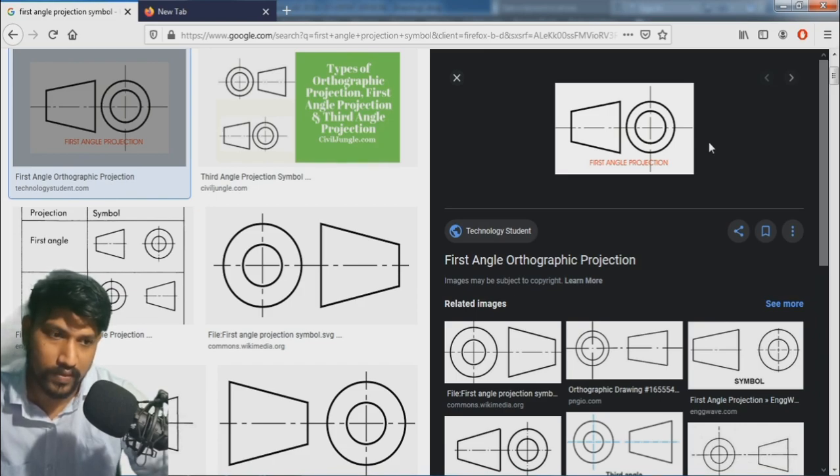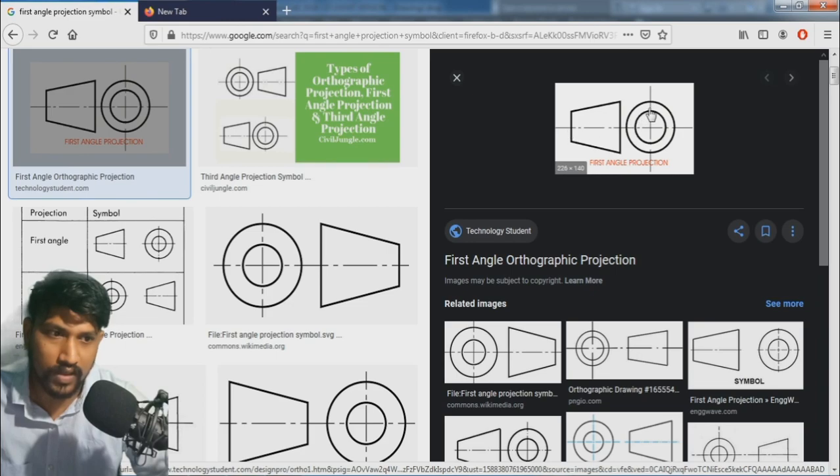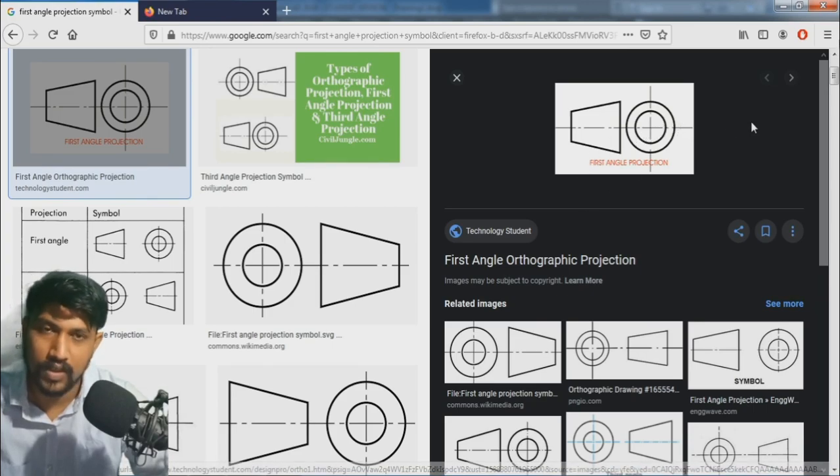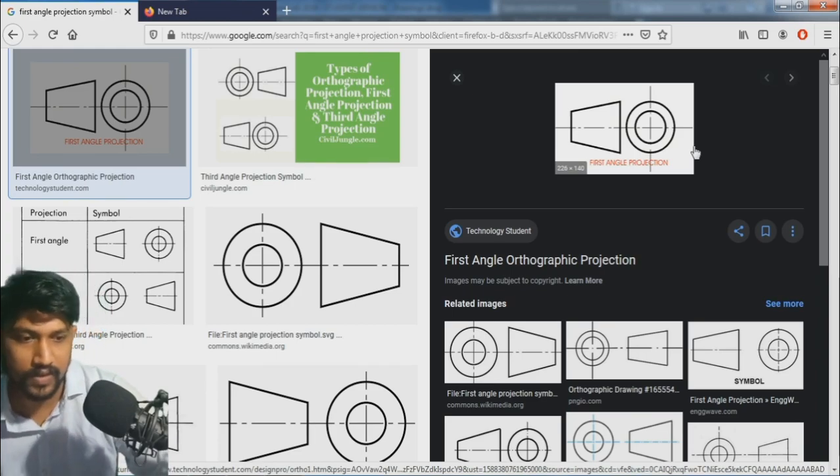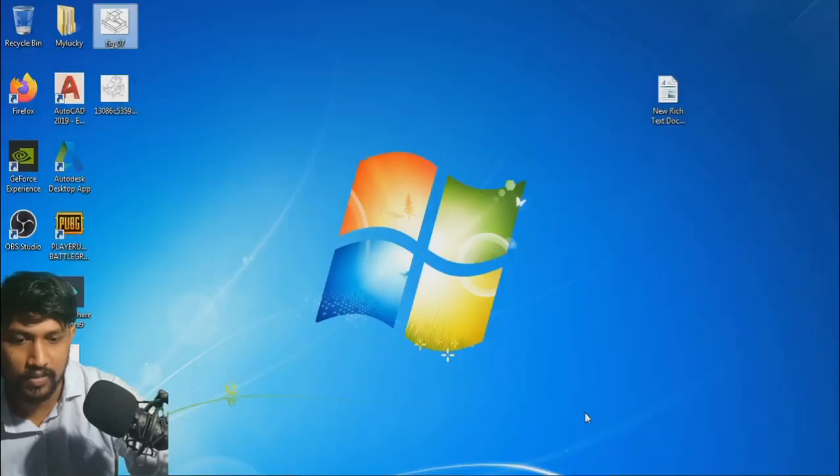So the first angle projection, when the object is in the first quadrant, first you will take this view and then you will take this view. And of course the top view has to come below. If it is a third angle projection, this shape will come here and this one is going to come here. So that's the difference between these two. During this first angle projection,